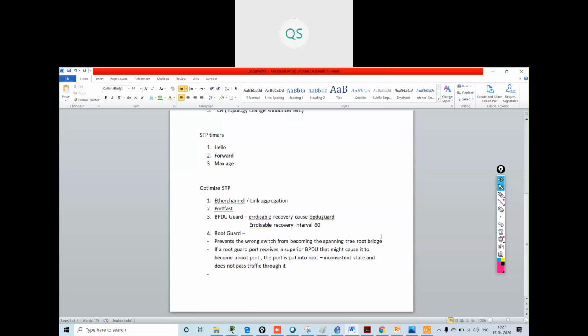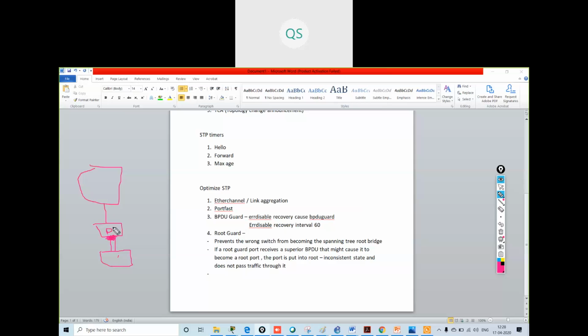See what I've explained. Suppose this is my core layer switch, this is my distribution layer switch, this is my access layer switch. Whenever an access layer switch sends a superior BPDU message, here I have configured the root guard. So when this distribution layer switch receives that BPDU message, it comes to know that this port would become the root port, whereas this port is my root port.